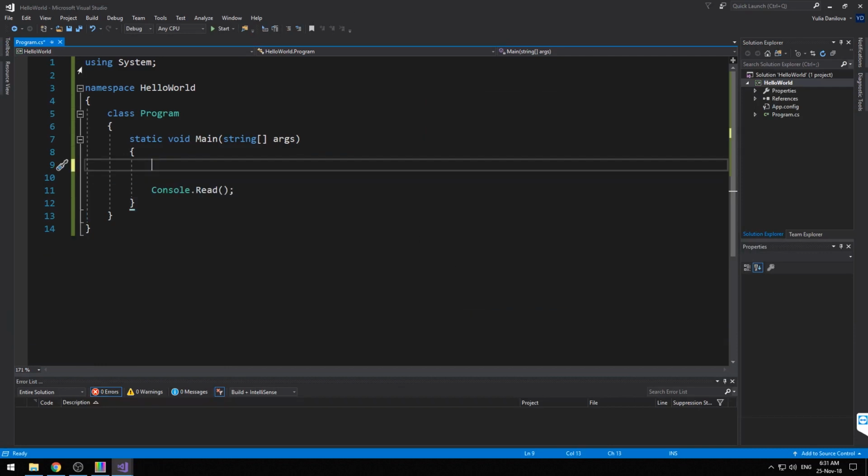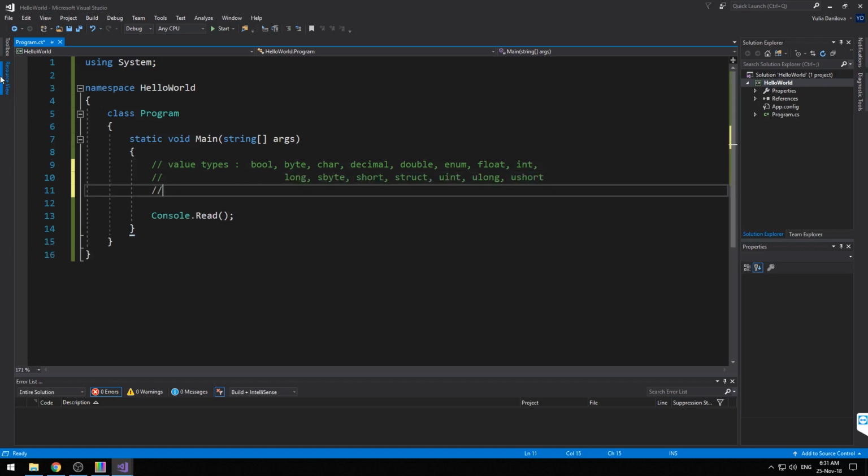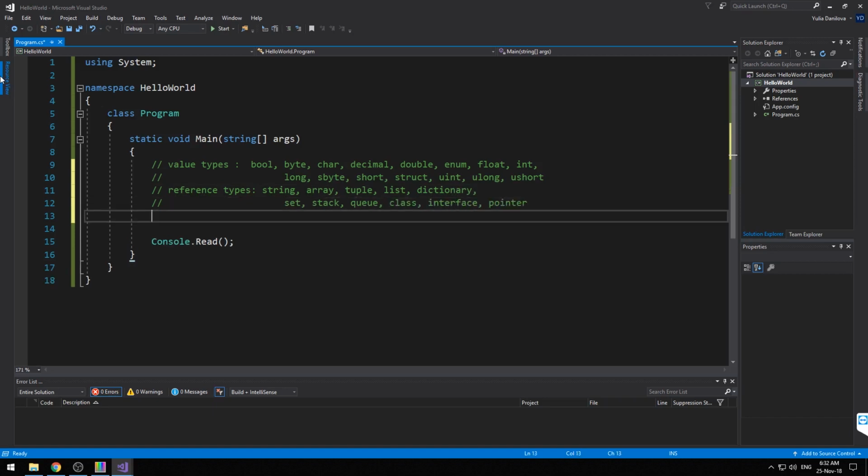Value types are bool, byte, char, decimal, double, enum, float, int, long, sbyte, short, struct, uint, ulong, ushort. Reference types are strings, arrays, tuples, lists, dictionaries, sets, stacks, queues, classes, interfaces, pointers. For your beginner level, since we haven't yet learned about many of these types, you only have to remember that the types we learned in the last lesson are all, except string,